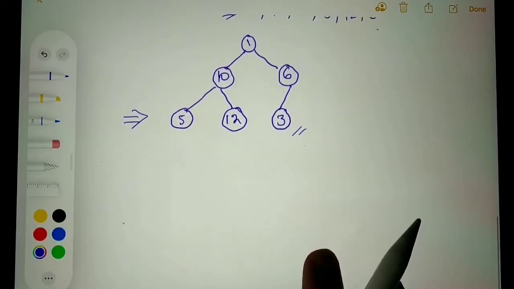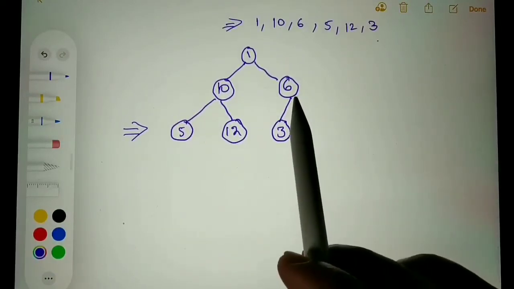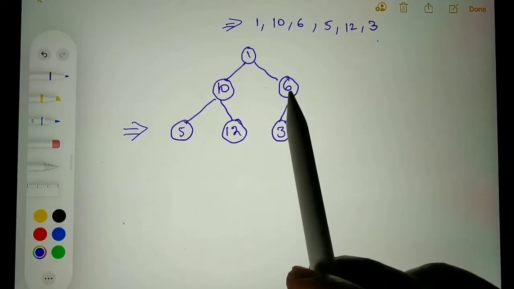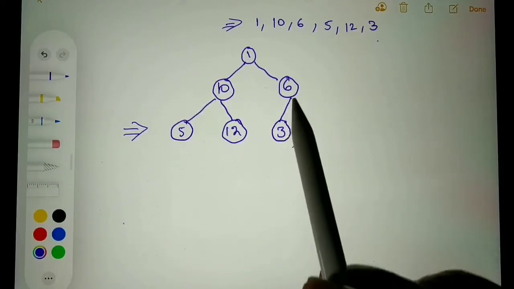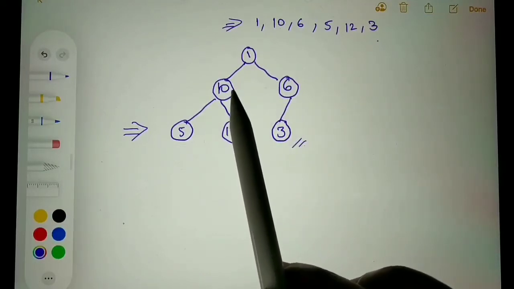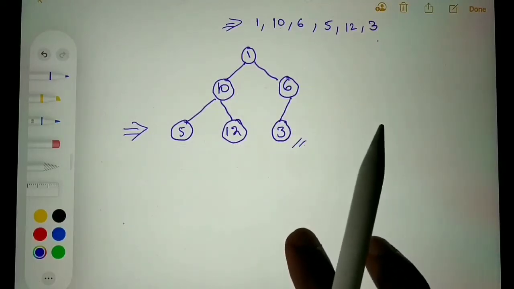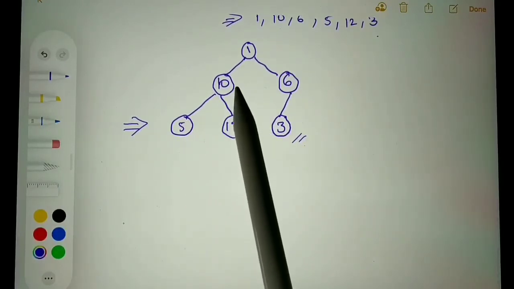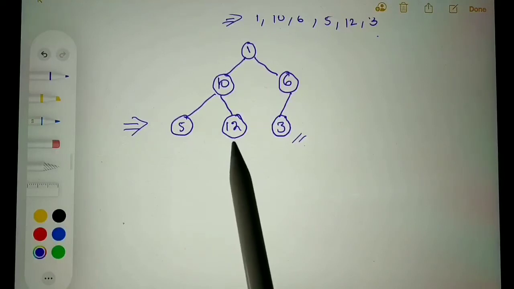And let's move on to 6. 6 has one child, and we will compare whether it is greater than its children or not. Yes, it is greater than its children. We can move on to the next element, that is 10. We will compare now whether 10 is greater than its children or not. 10 is not greater than its children because 12 is there.